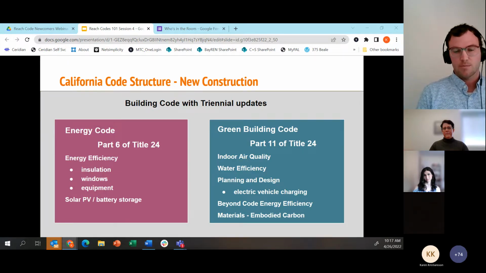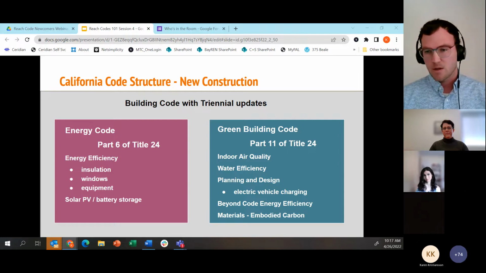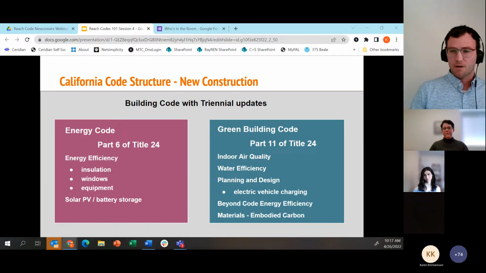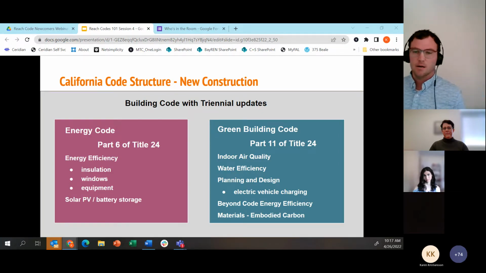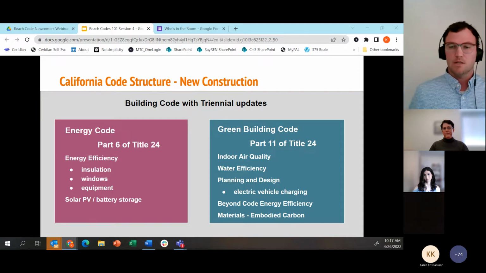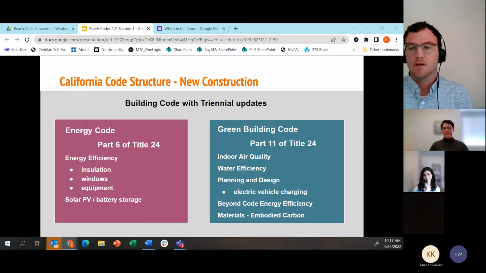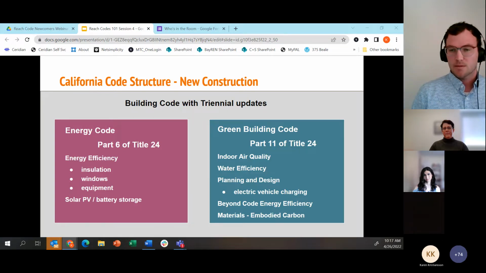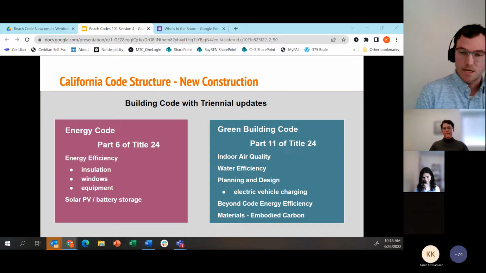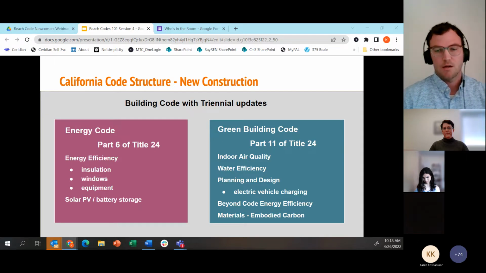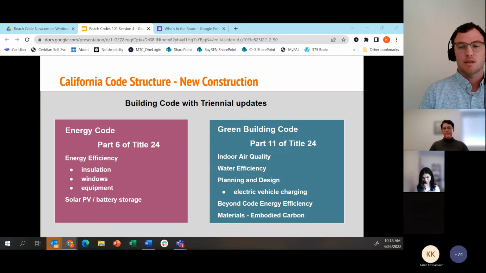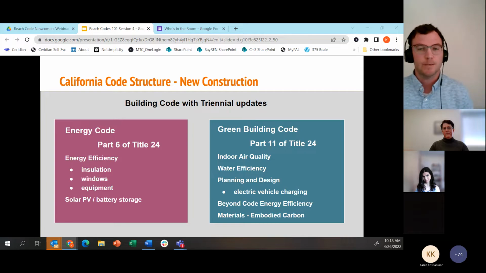So the energy code has been around the block for a couple decades. It governs energy efficiency, for example, doors, windows, insulation, lighting, as well as solar PV and battery storage requirements. The requirements vary between residential and commercial, as well as across the climate zone in which they're implemented.